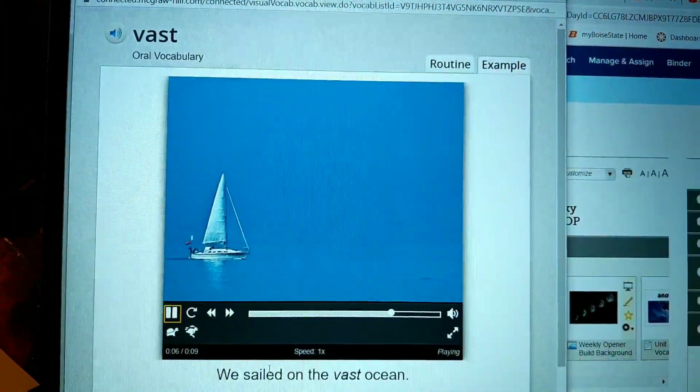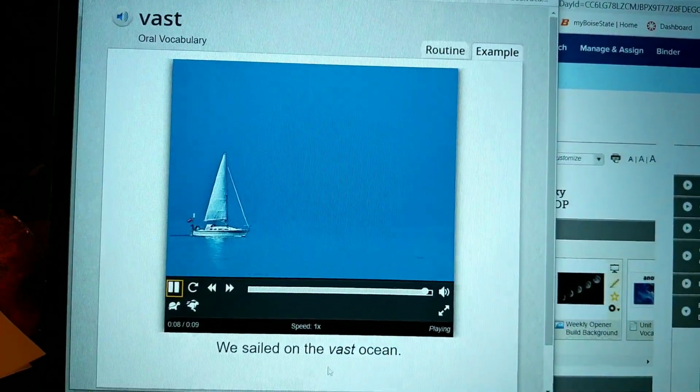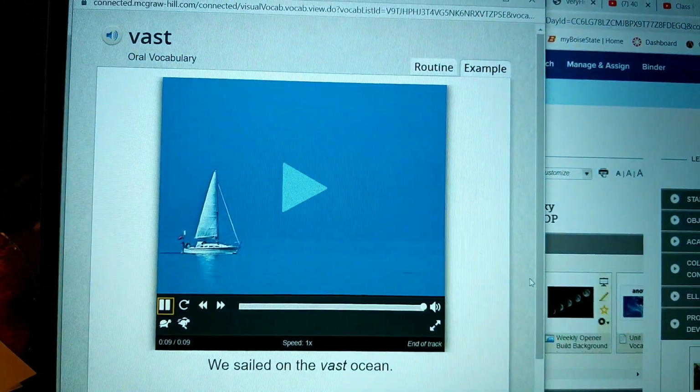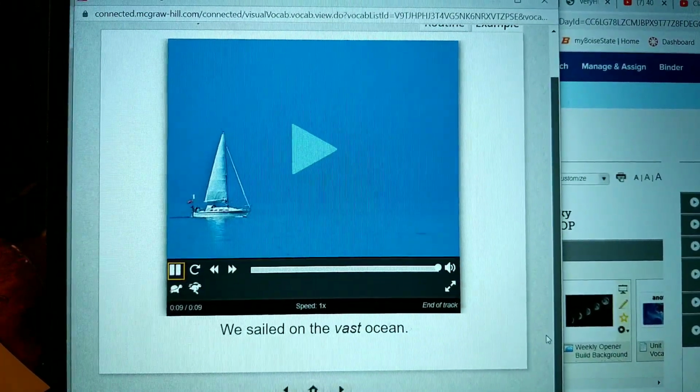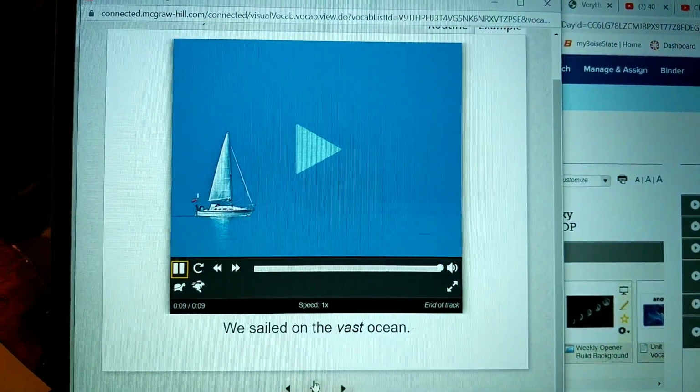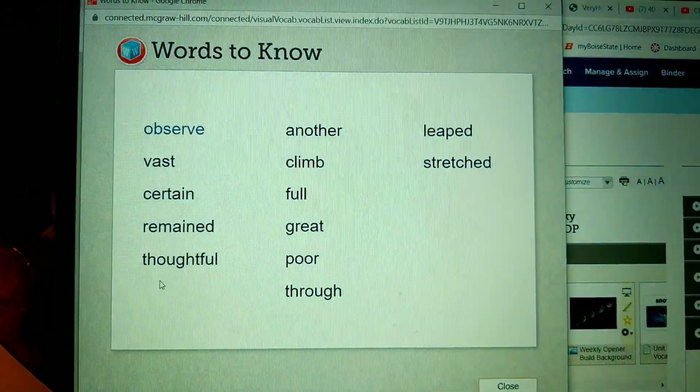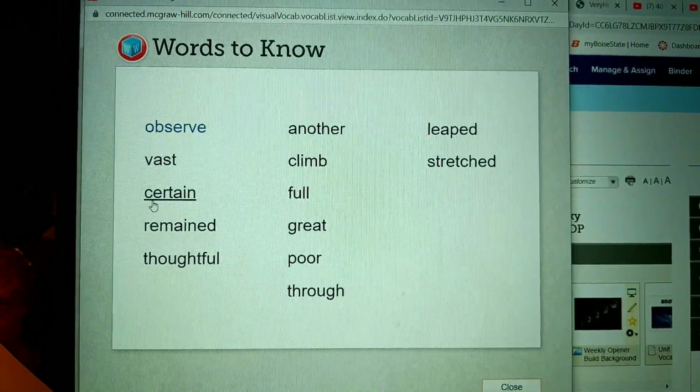We sailed on the vast ocean is the example that they give us here. So vast. If something is vast, it is very large. And I think the ocean is a great example. After vast, our next word is, there's our soft C,